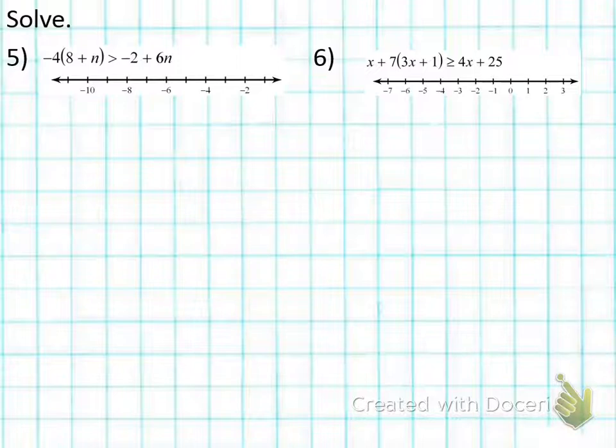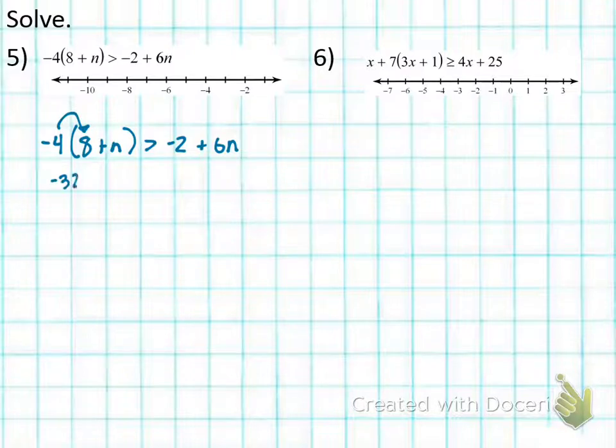We have n's on the left here, and we have n's on the right. The one on the left, though, we have to distribute this negative 4 first. So, let me write this down first. Negative 4 times 8 plus n is greater than negative 2 plus 6n. Okay? So what's negative 4 times 8? Negative 32. What's negative 4 times n? Negative 4n, good, which is greater than